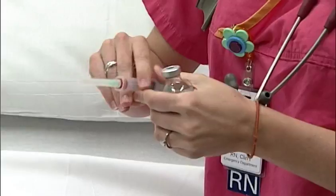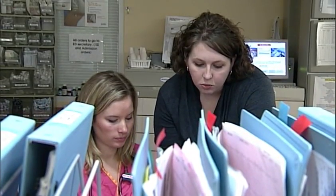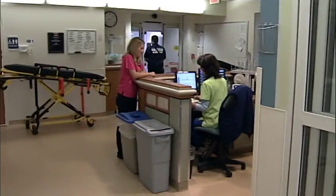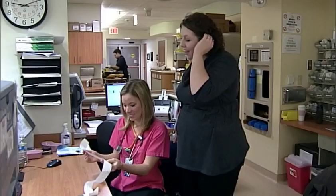Behind the stethoscopes, the syringes, and the patient charts, these are the faces of the nurses, the men and women you rely on if you're hustled through the doors of an emergency room. In a time of urgent care, Bridget Line is ready. I feel really confident in the emergency department. That confidence inspired by experience, training she received as a graduate of an extern program at Martha Jefferson for new